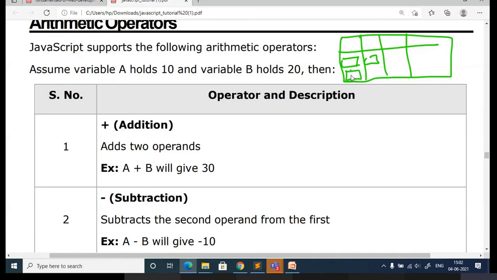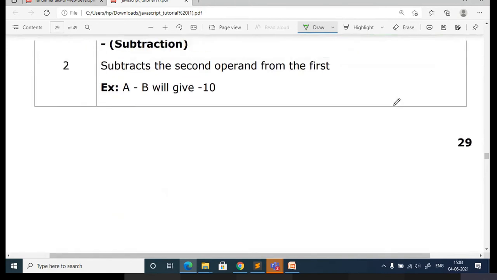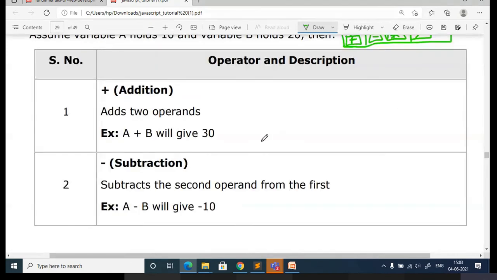You need to create a button for addition, subtraction, multiplication, and division. So I should enter two numbers here and click on plus, and immediately I should get the result. That is the first program. This designing part you need to write in HTML code, and the operation part you can write using JavaScript.